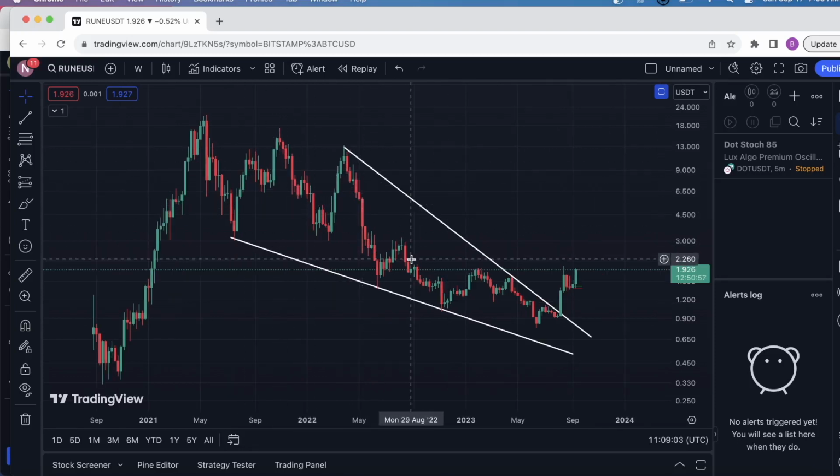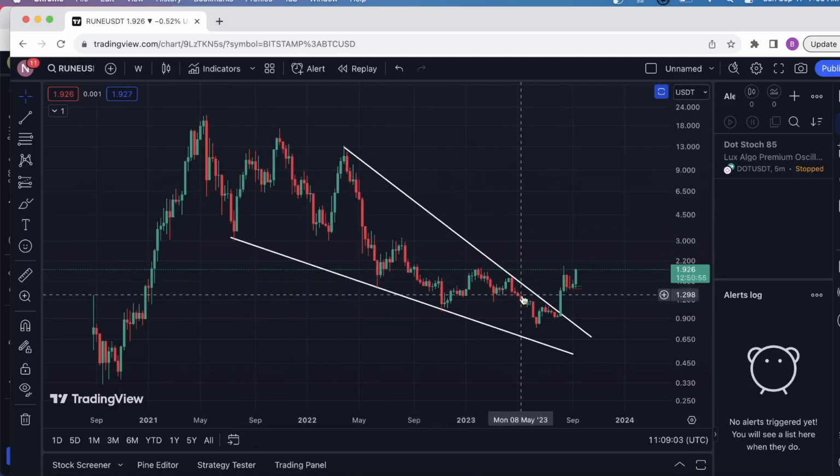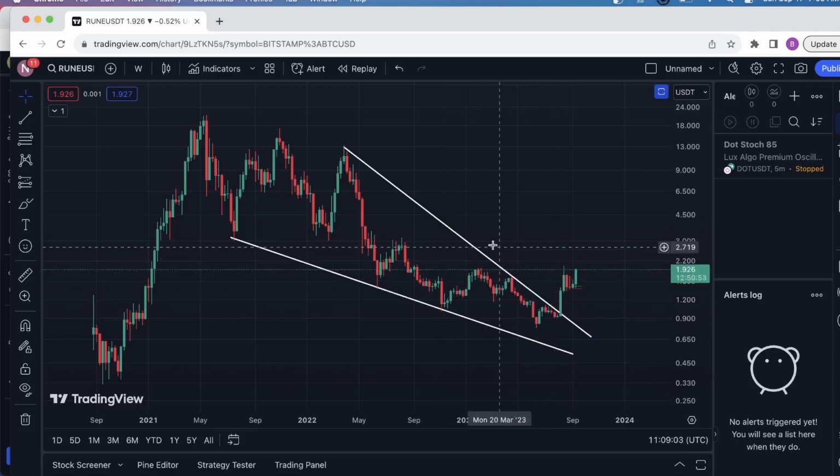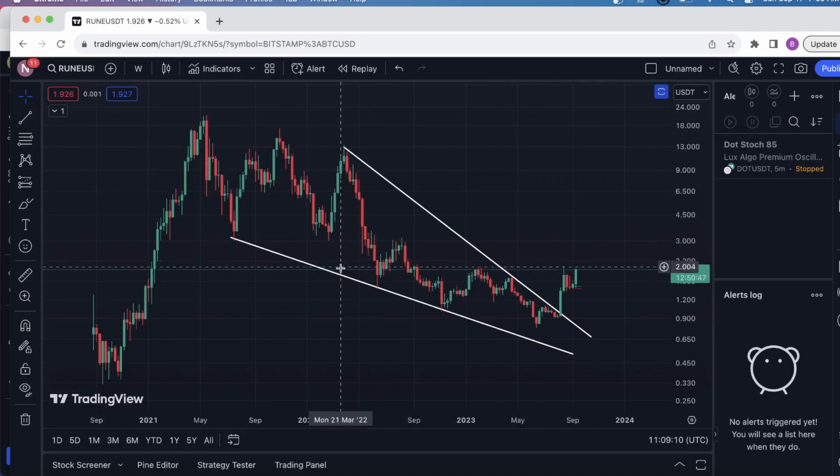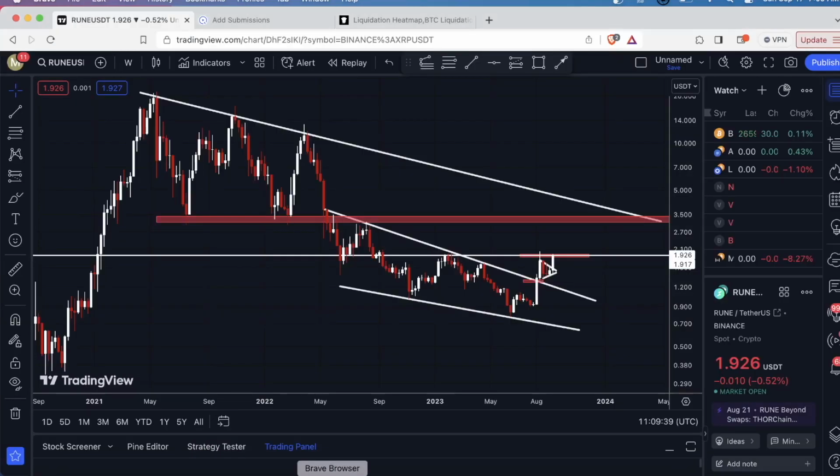Here, this retracement took the form of a massive falling wedge, okay? We broke out of it, and normally to get the target for these falling wedges, what you would do is measure the distance between the top and the bottom of the widest part of the wedge and project that from the breakout point. Now, personally, I find the targets don't always hit, so I don't put too much stock into the pattern targets. So as I mentioned, for my targets, I'm just going to look to these established levels of support and resistance,